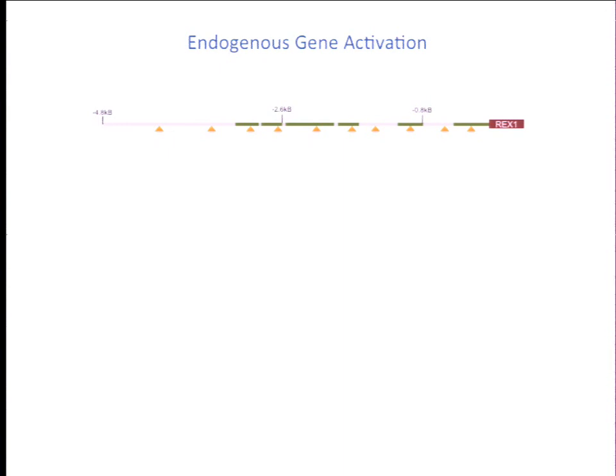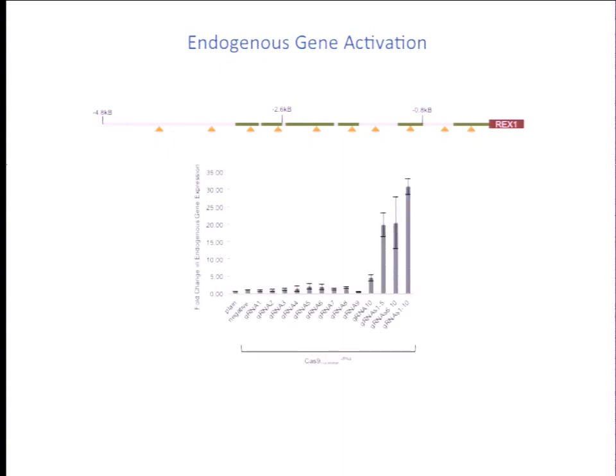But what was very interesting when we repeated these transcriptional activation experiments is that individual guides were not stimulative in transcription. Most of them resulted in just a few-fold activation of transcription at this endogenous locus. It was only when multiple guides were combined that we had any measurable transcriptional activation from this endogenous locus. Typically, in our experiments, it took at least 4 to 5 guides to significantly turn on an endogenous gene. So for endogenous genes, the key conclusion was that single guides were not effective, but this heavy synergy between multiple Cas9 guide RNA complexes was critical for transcription regulation.